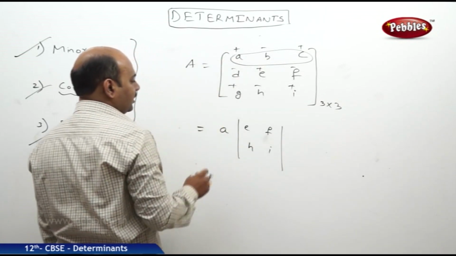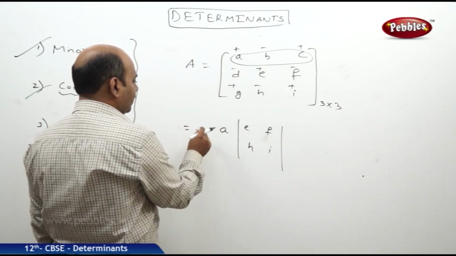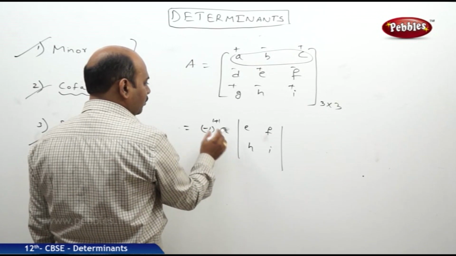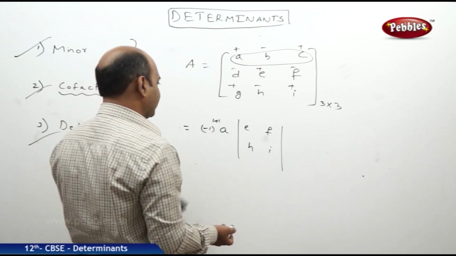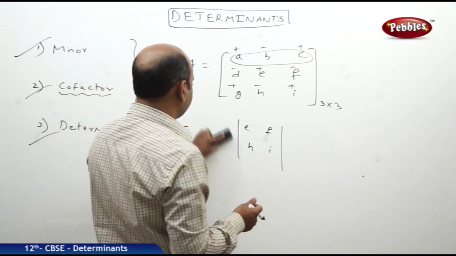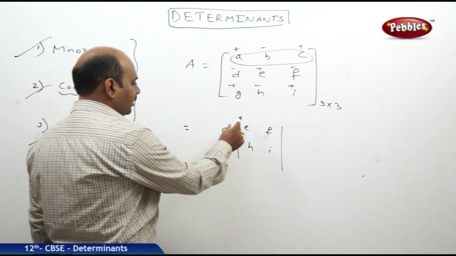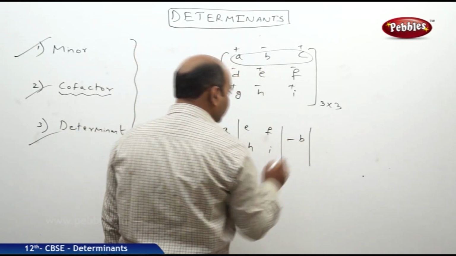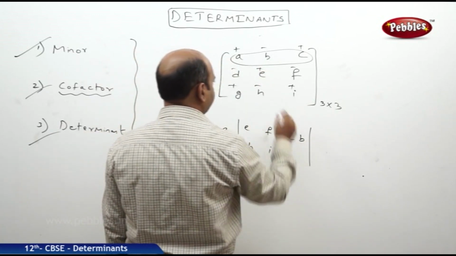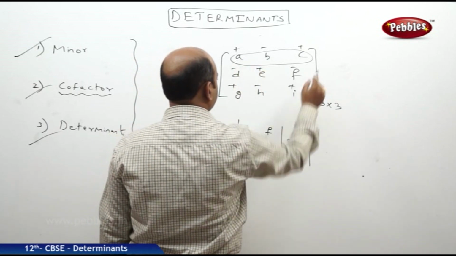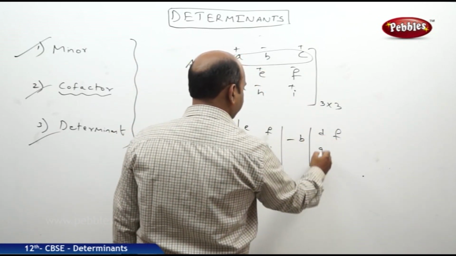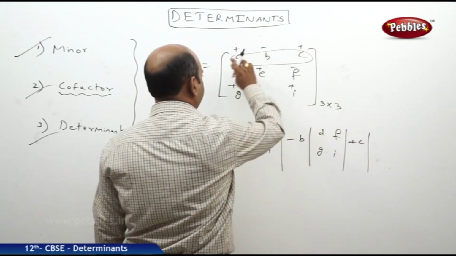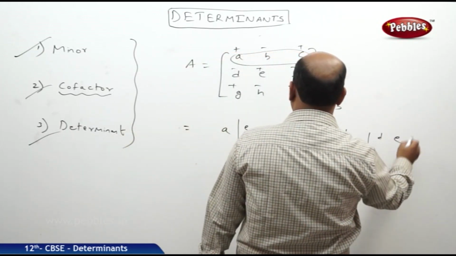How you got this plus sign: generally, how it is defined means minus 1 whole power 1 plus 1, that means cofactor of a matrix into its minor, cofactor into its minor. But I don't want to tell all these things, so here just write A into EFHI minus, you take this particular element B into its minor. Into its minor means what happens? We need to delete this corresponding row and corresponding column. So what happens? DFGI. Later again what do I need to take? C into its minor. So what happens? DEGH.